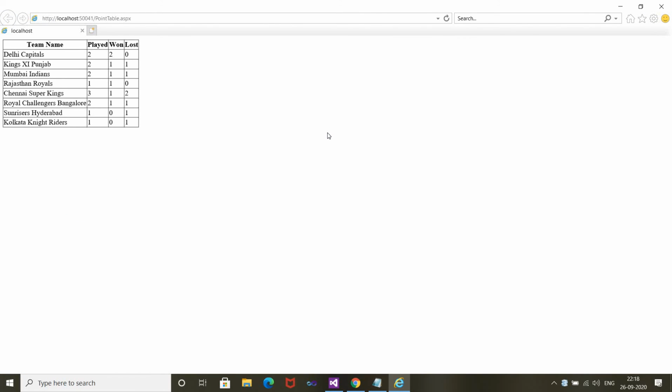I am getting a points table response on pointable.aspx. ASPX is the extension for C# web files. Basically, we have consumed that API into our UI, that is the C# grid view, and we have used that particular mockable API in our project. This is a basic demo project.